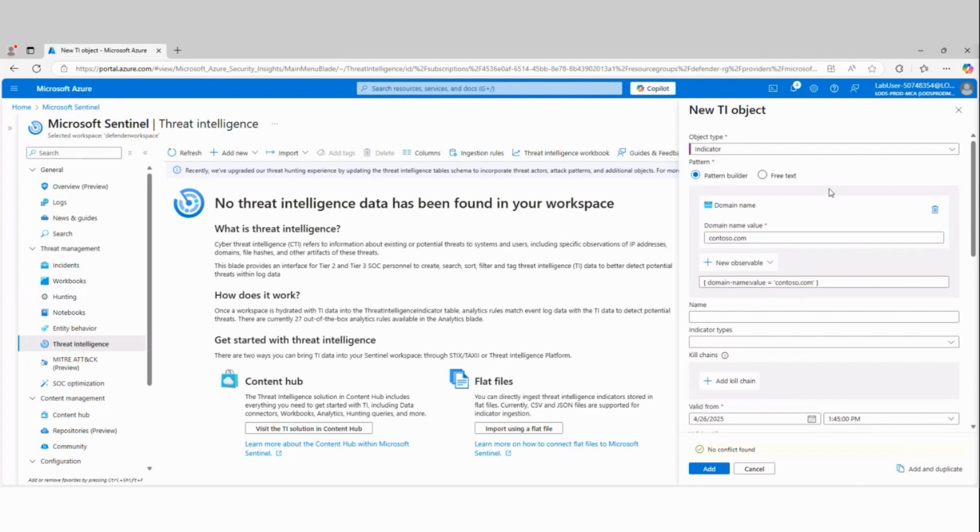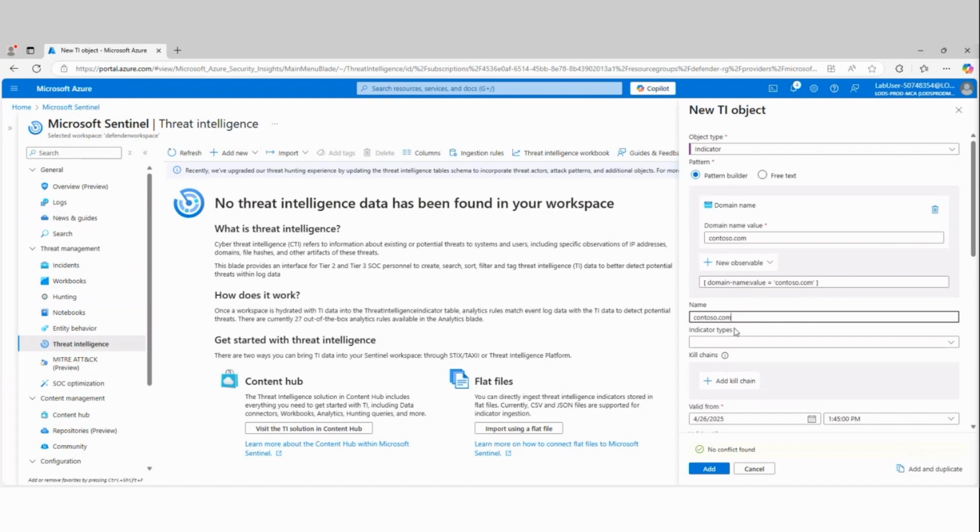Someone in your organization, either you or someone else, has identified this as a potential threat. Maybe it's a malicious domain, a hacker's domain or something like that. Maybe something that if you go here, you can get different threats against you as part of that. So this is the domain that we're going to look at. Now, in the name field, we're going to use essentially the same name. You don't have to, but it just makes it easier to search for. So we're going to say this is the contoso.com domain.